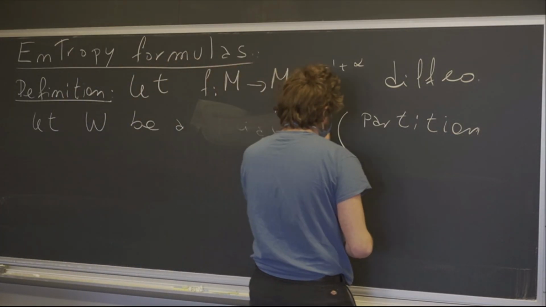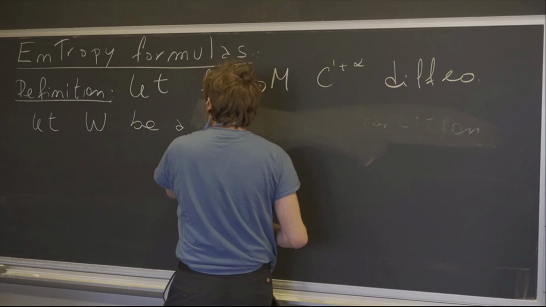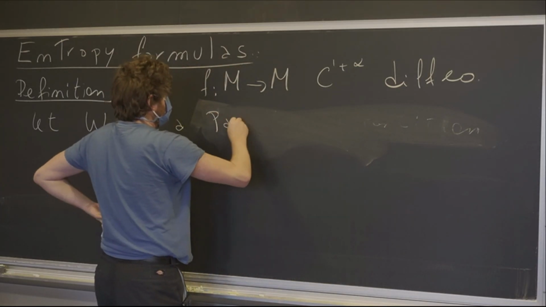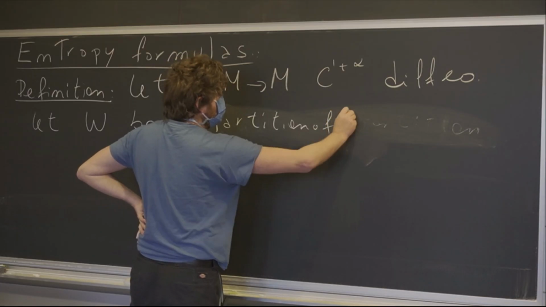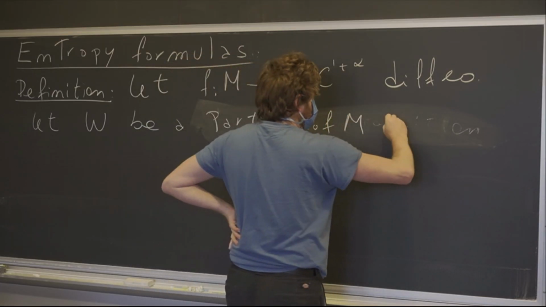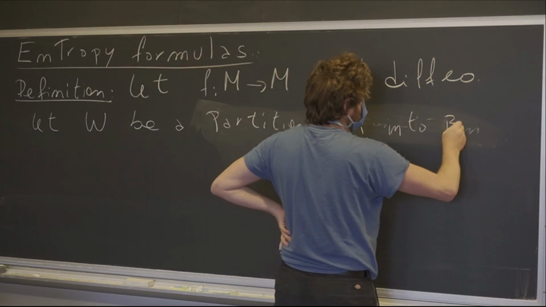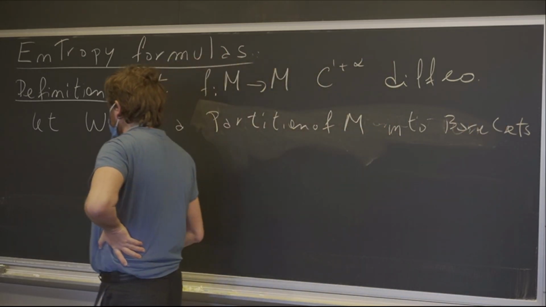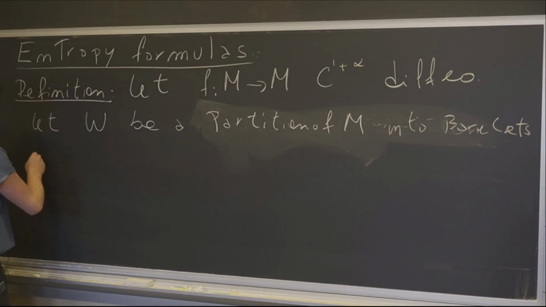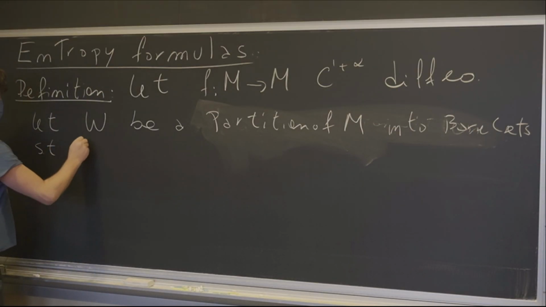Let's not call it foliation. Let W be a partition of M into sets, into Borel sets. Actually, the fact that they are Borel sets will be a consequence of the following, such that there exists